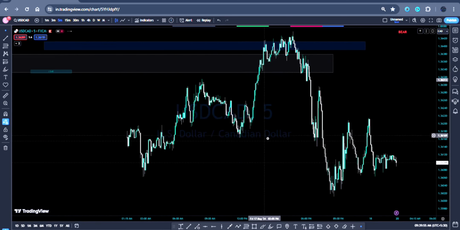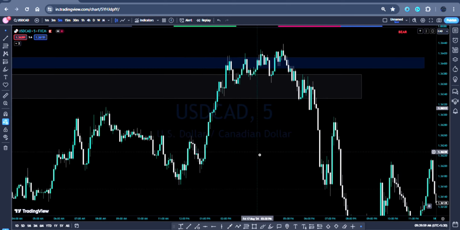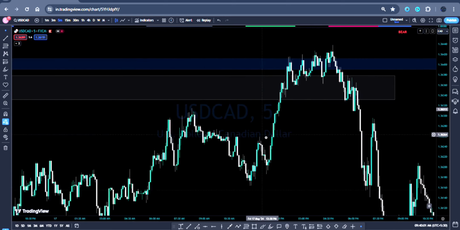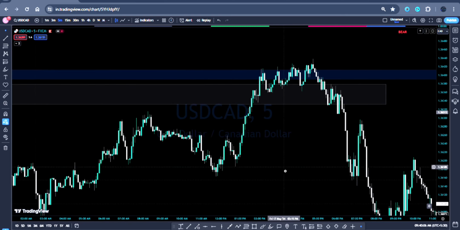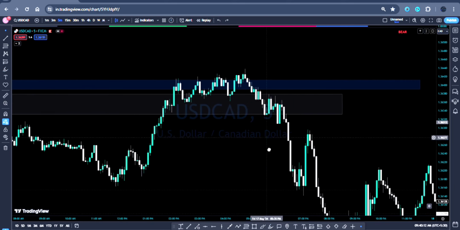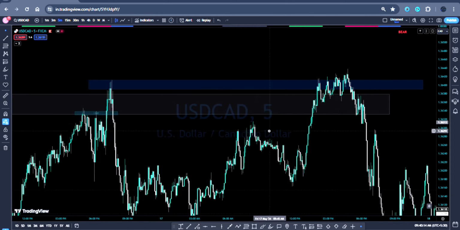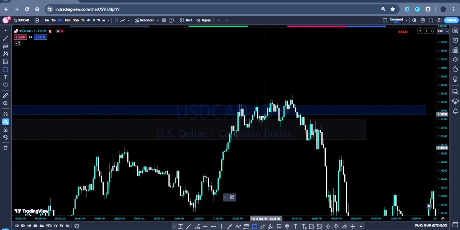So let's go to M5. This is my entry time frame. M5. If we look at how price reached this level, it came and this slowed off. It's struggling to go off. Alright, so it was a clear sign. It can fall off, but we cannot enter directly. So this was the support building up